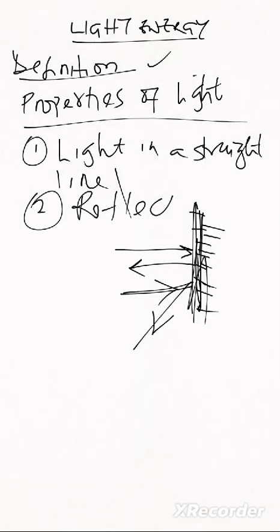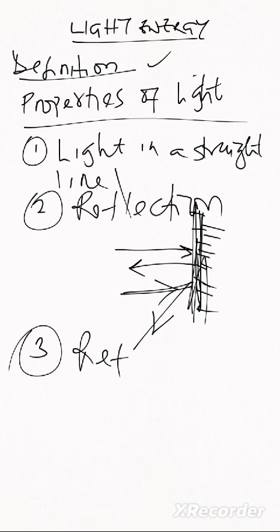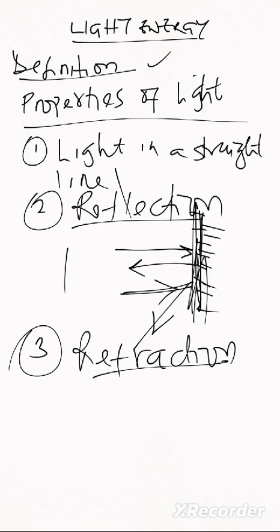Okay, so what we are saying now is that we have gotten reflection as one property of light, right? Then the number 3 property of light is refraction. Take notes. Reflection and refraction are different. In reflection, like we just explained, when the light hits an object, it does not pass through the object. It goes back to the same area where it is coming from. Whereas in refraction,